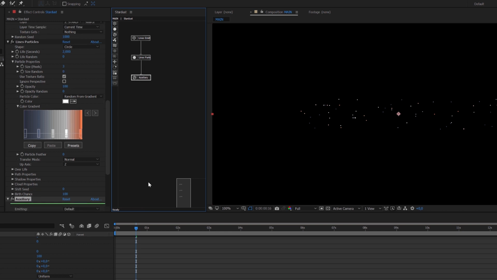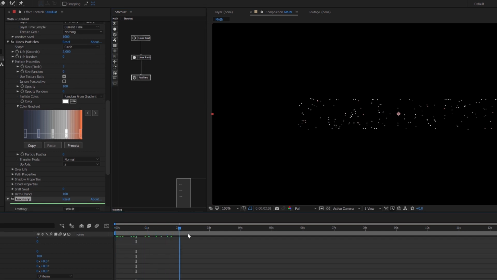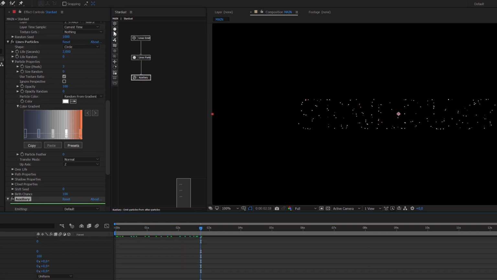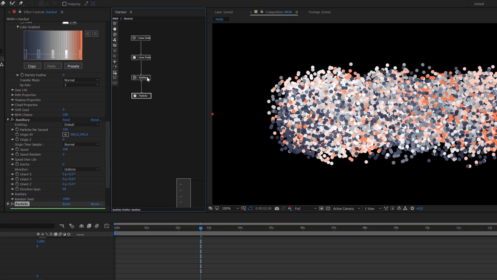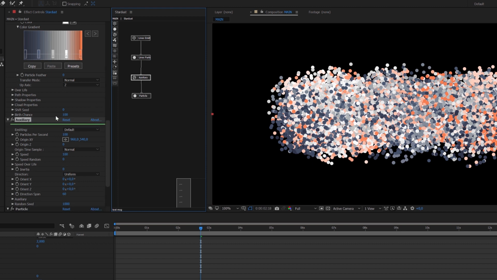And you see, by adding the auxiliary node itself, nothing changes because we also have to add a new particle node. So let's click this circle here to add a new particle node. And then link this up too, because of course our auxiliary system is kind of an emitter and it also needs a particle node to emit. Now let's come in here and change the names here so that everything stays organized, and I will just select my auxiliary here and press enter, and then I will type my lines